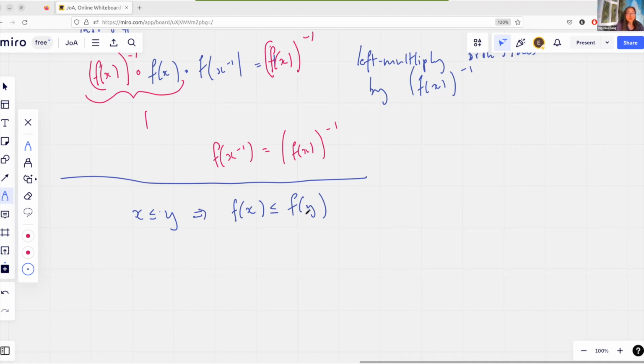Now, I'm wondering if the or equals is causing some confusion here. What that's saying is that they're allowed to land in the same spot. So even if x was strictly ahead of y, they are allowed to land in the same spot. If they were already in the same spot, then they always have to land in the same spot, because if x equals y, then f of x has to equal f of y. And so what it's saying is that they're not allowed to switch places.